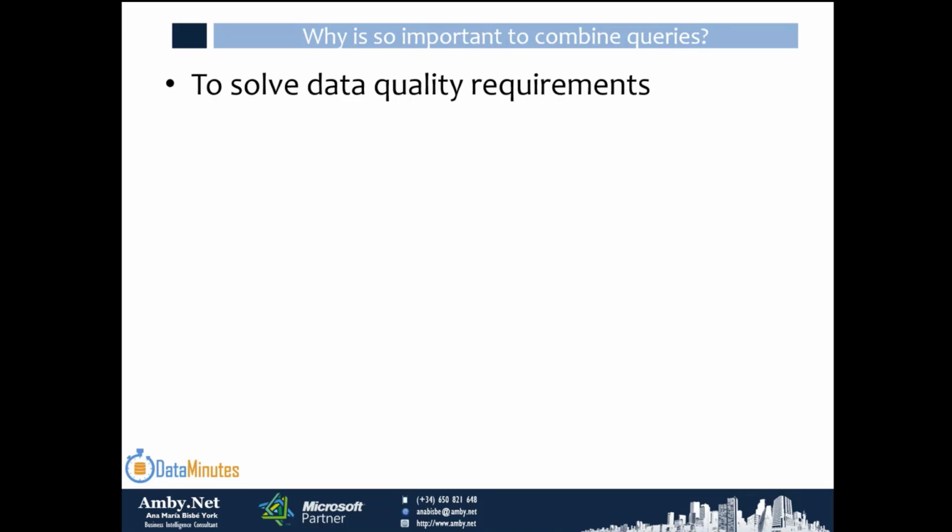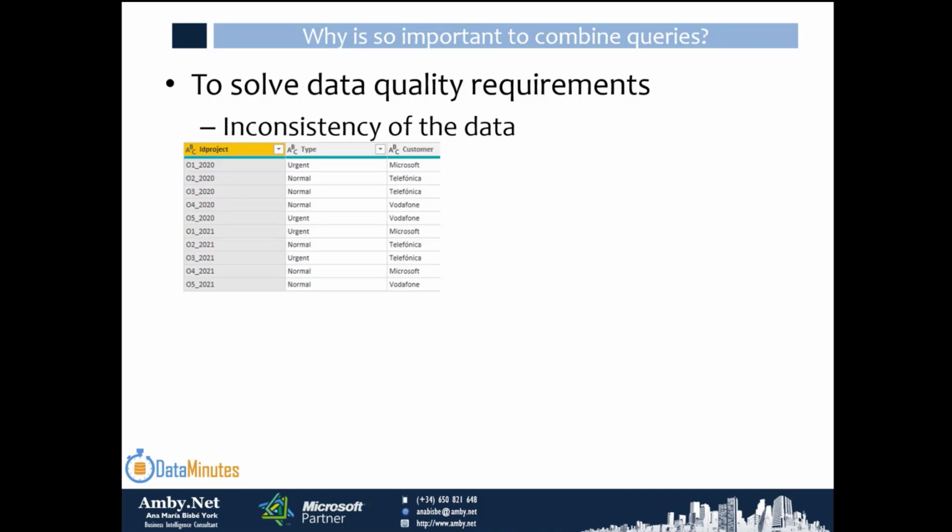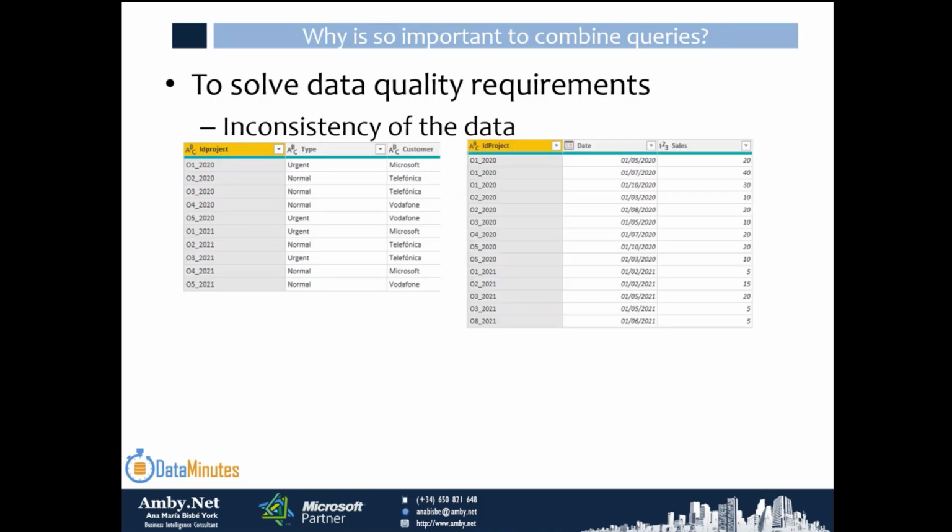Okay, and the third case we will see now in the demo will be to solve data quality requirements. We will use combined queries to solve data quality requirements. In this case, we have inconsistency of the data. Two tables, again a very simple case. In one table we have the projects, and in the other table we have the sales for the projects. The point here is that we have